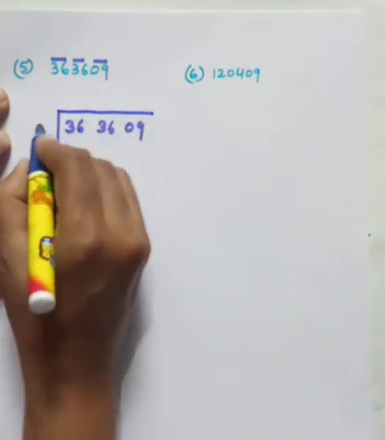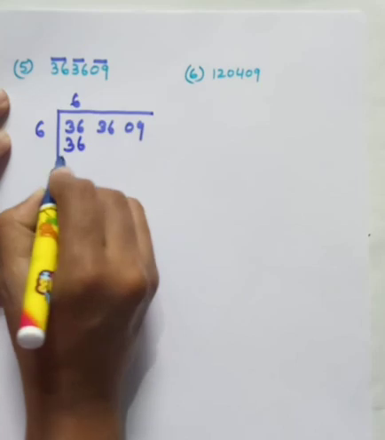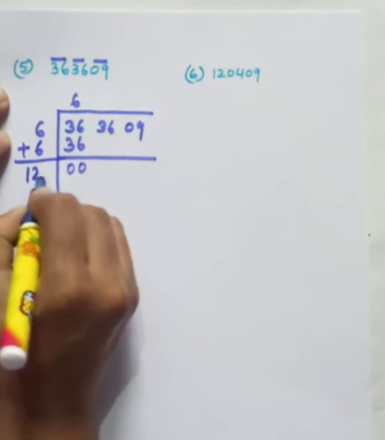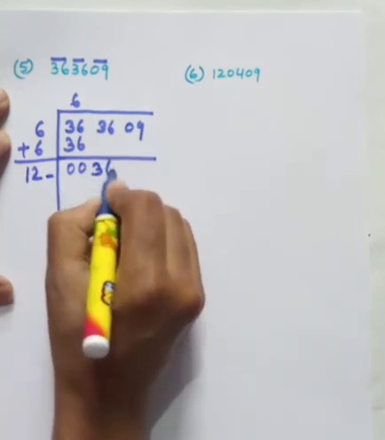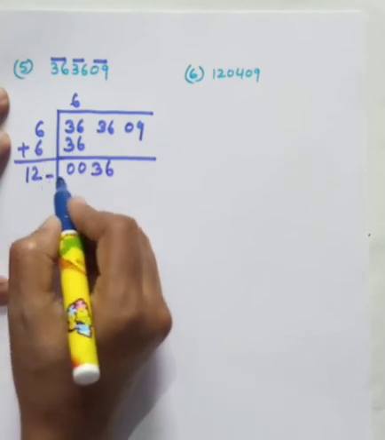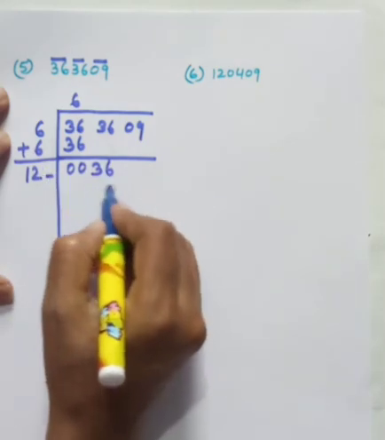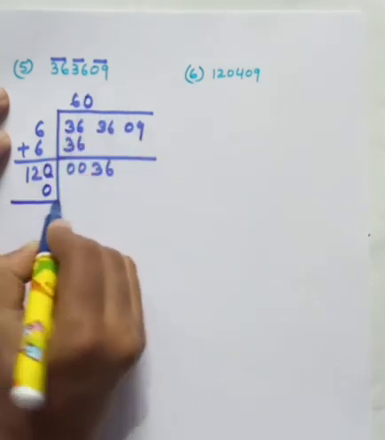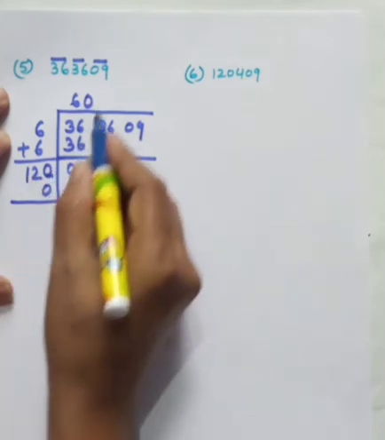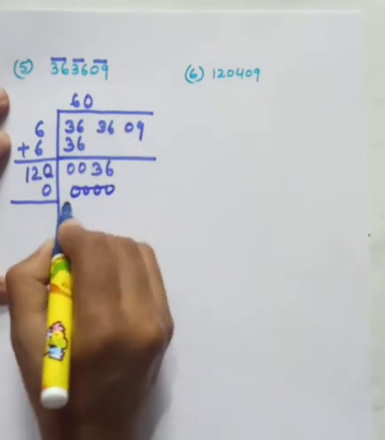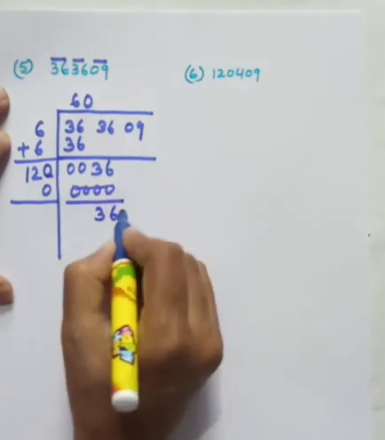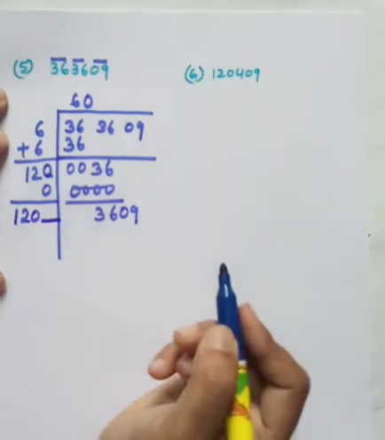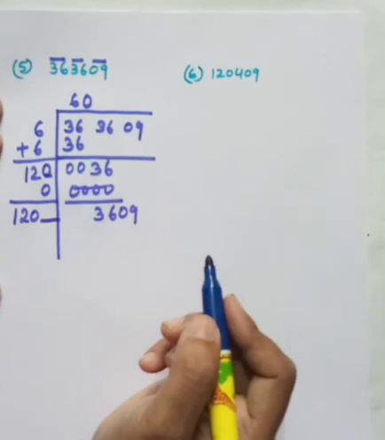See, so simple. 6 6s are 36. We are completed here. 0 0. Now we'll add 6 here. As you all know, 12, one place vacant. Now bring down 36. Even if you put 1 here, you will get 121. So this will not be suitable here. So just put 0, and then you will get 120 zeros are 0. So again the remainder will be 36 and you will bring down 09 and you have here 120 with one place vacant.